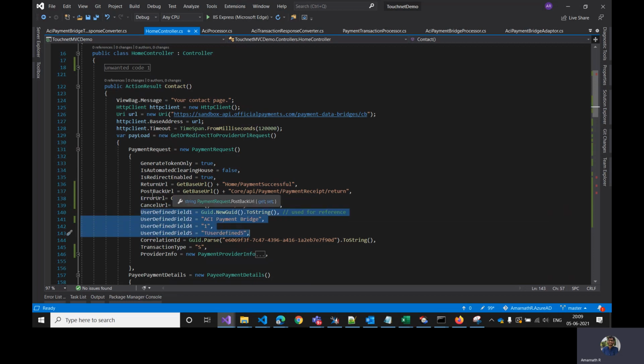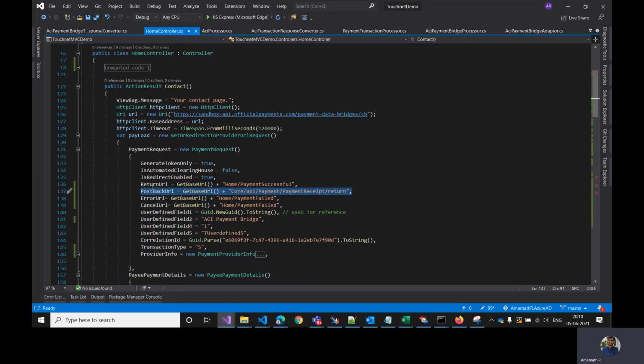Let me first tell you that ACI does not come with a postback URL, so we can't just get the parameters which we have passed as return parameters. We need to either pass those parameters as a query string or encoded query string or something like that.